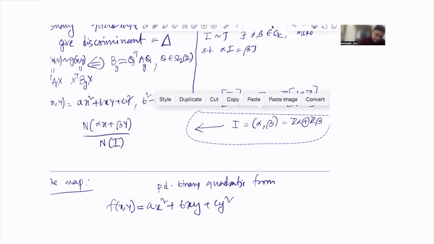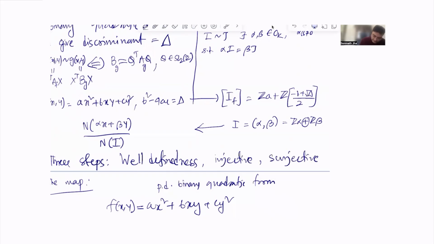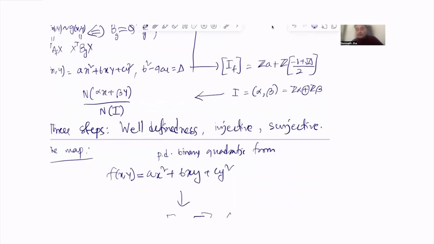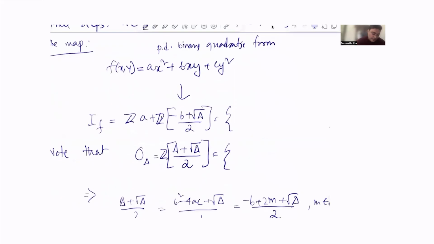Okay, so this is the map and three steps: well-definedness, injective, and surjective. Okay, so let's start. What is the map exactly? So the map is